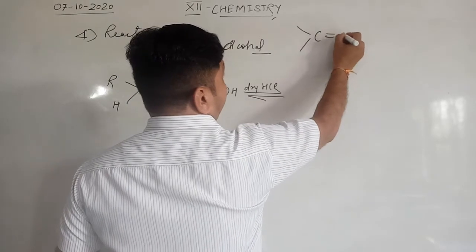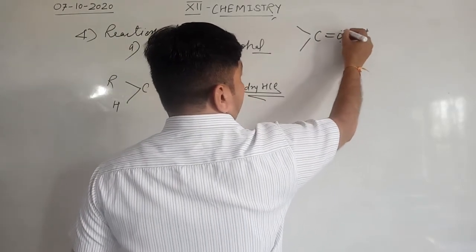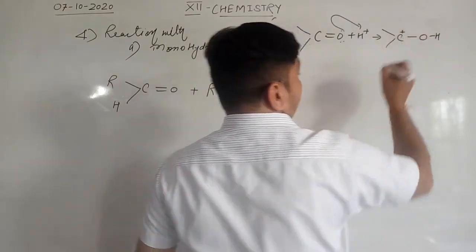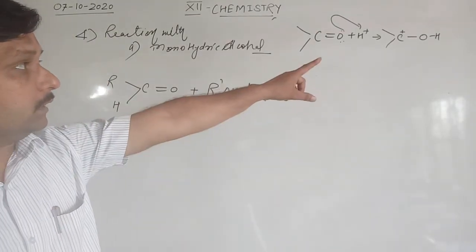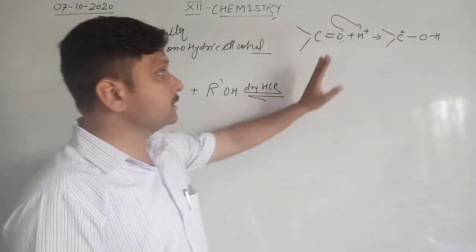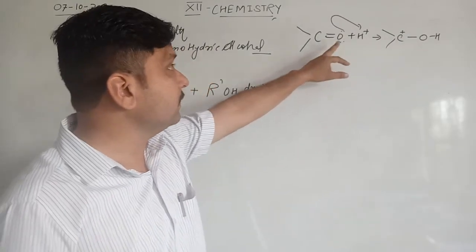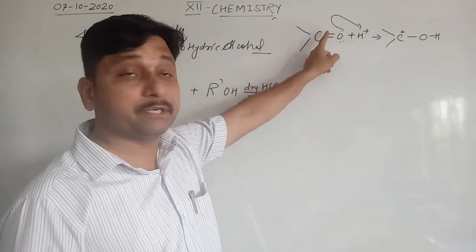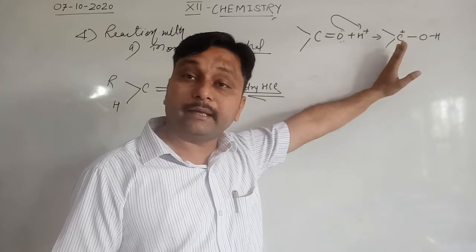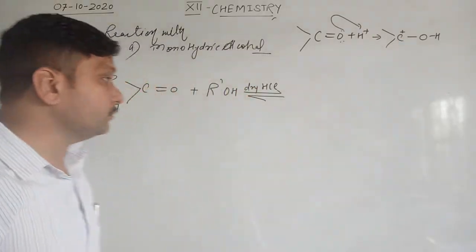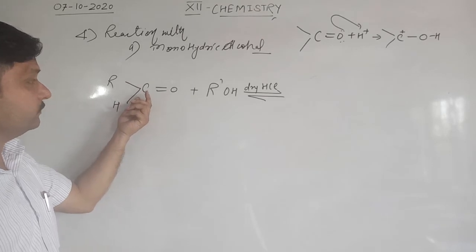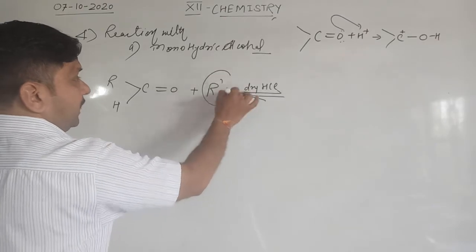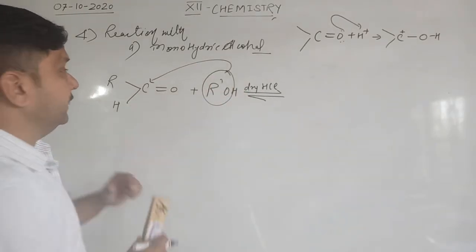First of all, this carbonyl can react with H+ ion, and this compound converts into this in this condition. Clear? As the H goes on this oxygen atom, oxygen gets a positive charge, instantly this pi bond will be shifted on this oxygen atom and carbon now contains a positive charge. So for increasing the electrophilicity of this carbon atom, we use dry HCl. Then the R'O part will attack this carbon atom.